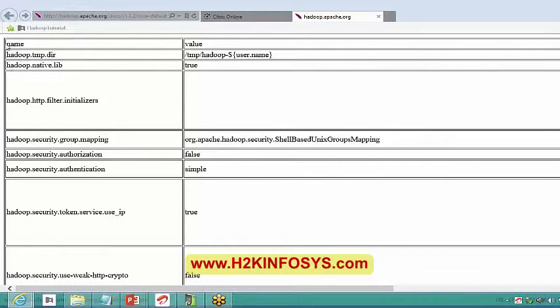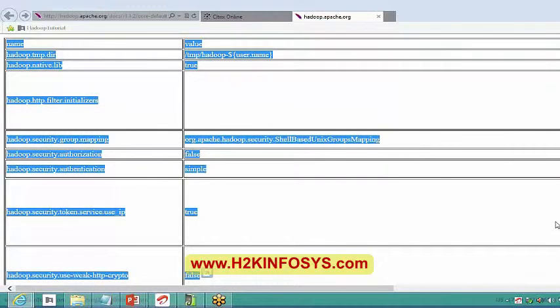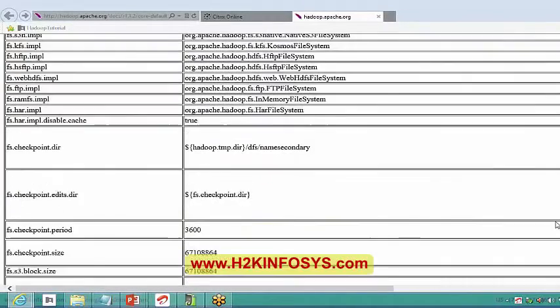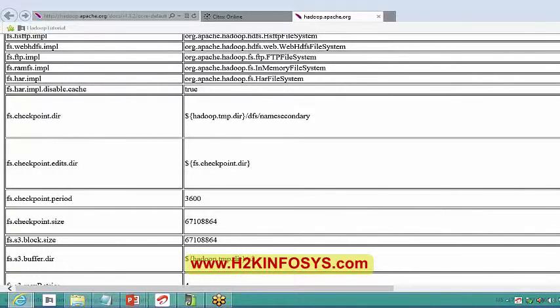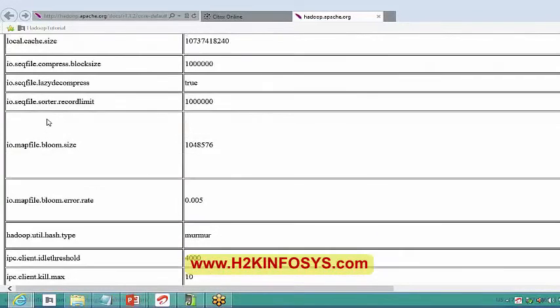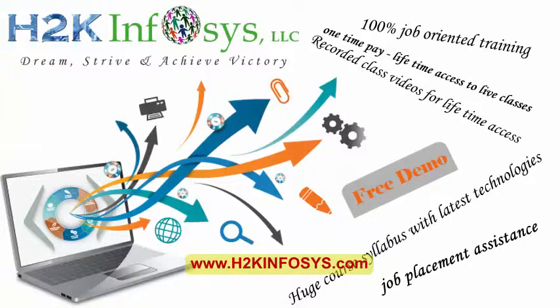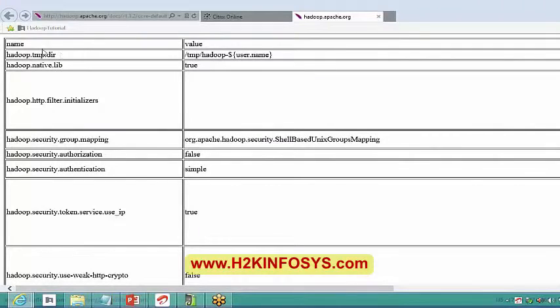See, these are the number of properties I have only for my core-site.xml. Let me go down. Whatever we discussed, maybe the fs.checkpoint.dir which we discussed. Maybe we will see this hadoop.tmp.dir where our temporary files are stored.